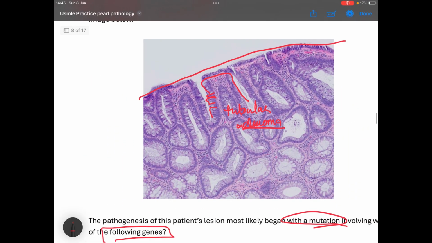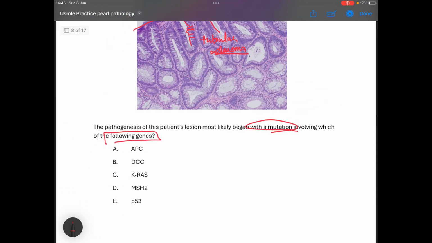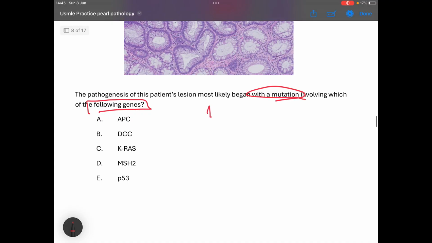We have these two factors: size 1 centimeter and tubular adenoma. Fine. So the most responsible gene, and most sporadic colorectal carcinomas arise with the classic adenoma-carcinoma sequence,